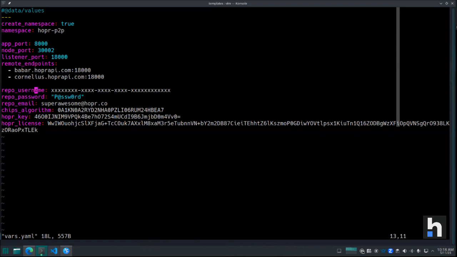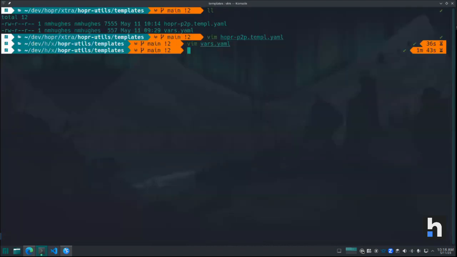Below, we have our repository credentials. So these would be provided by Hopr during the onboarding process. So you would have your repo username, password, and the email associated with it injected into the Docker configuration JSON inside of this namespace. And then the chips algorithm that we're going to be using, as well as our Hopr license and key to open up the license. So once we have all of those variables filled out to our liking,